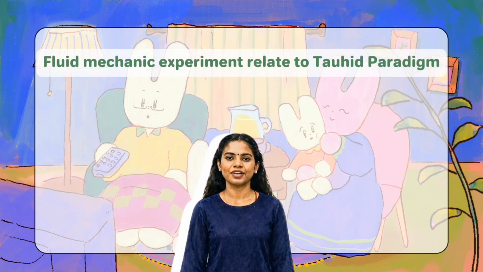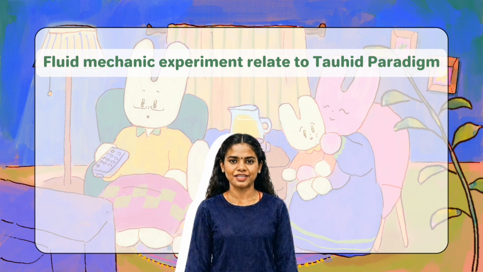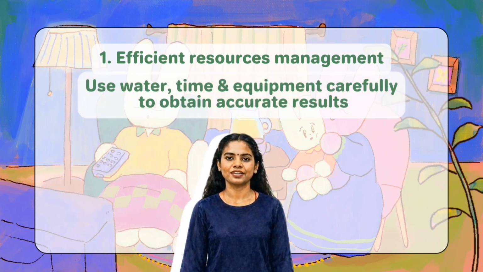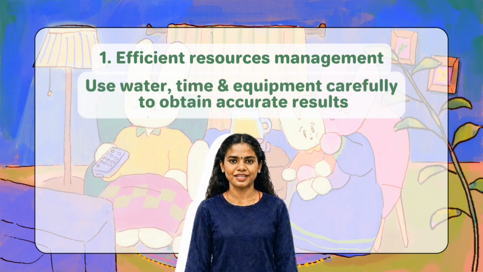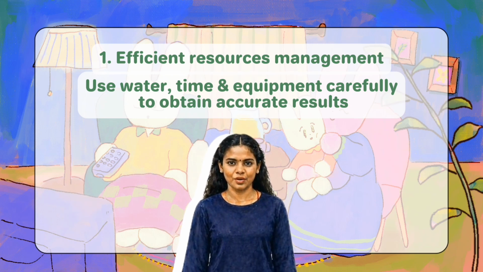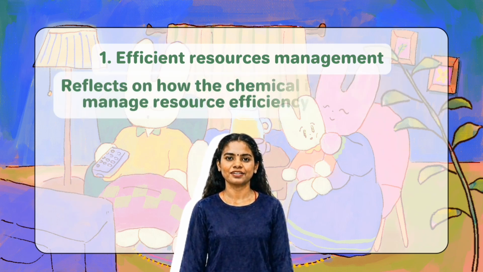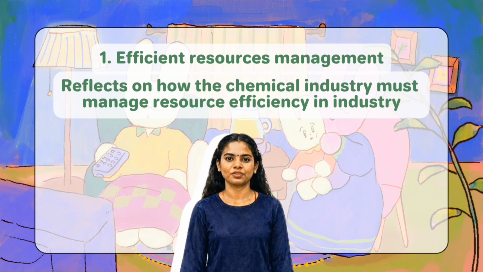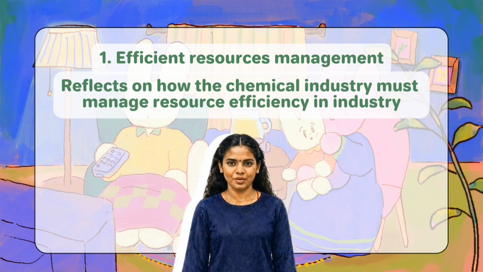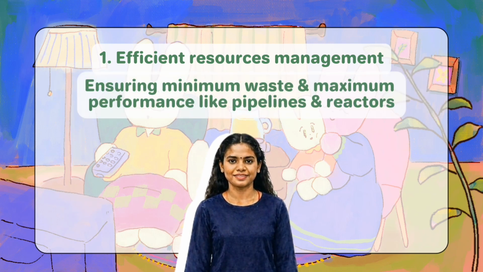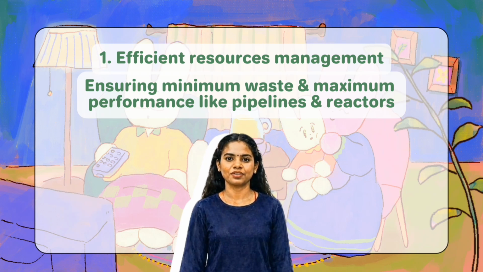This fluid mechanics experiment can be related to the top-heat paradigm. First is efficient resources management. In the experiment, we use water, time, and equipment carefully to obtain accurate results for laminar, turbulent, and transition. This reflects how the chemical industry must manage resources efficiently, ensuring minimum waste and maximum performance, like in pipelines and